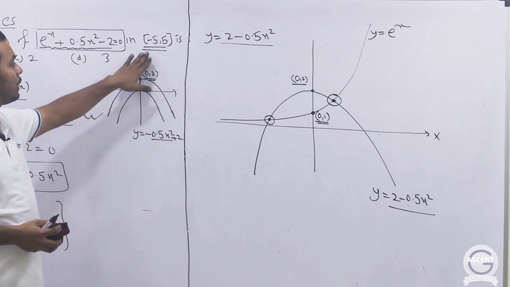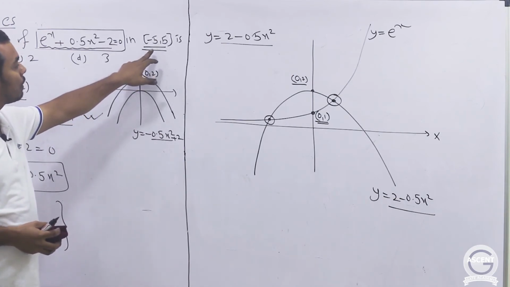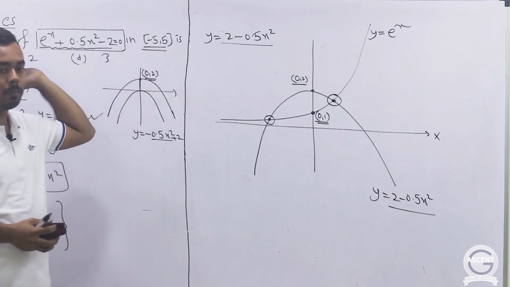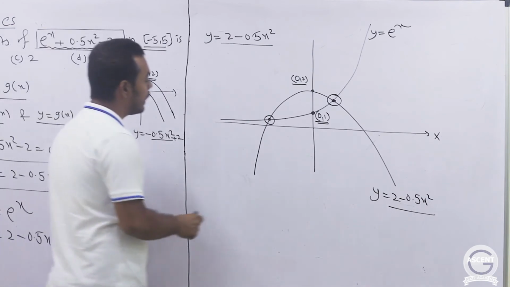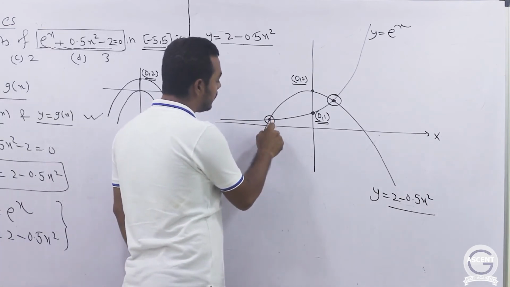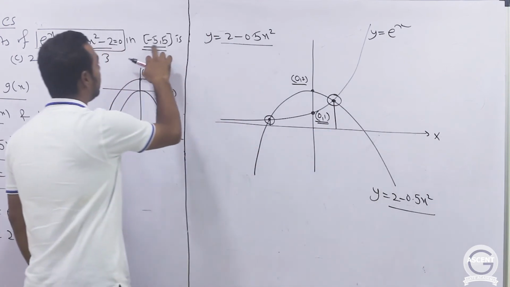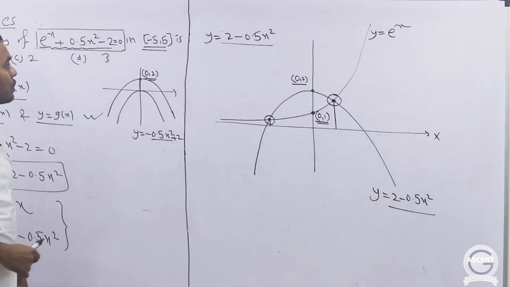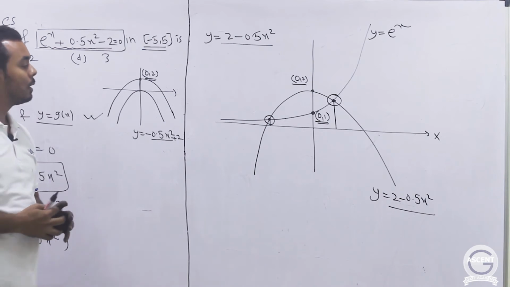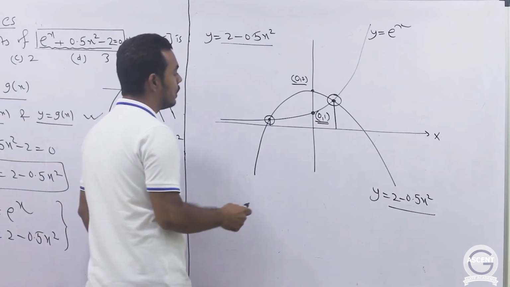We have to find only those values of x which lie between minus 5 and plus 5. So how do we identify whether these 2 points are between minus 5 and 5 or not? For that there is a very